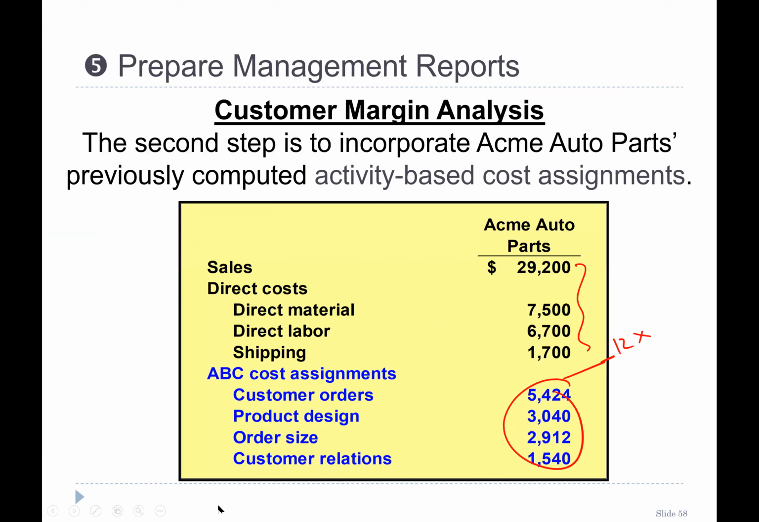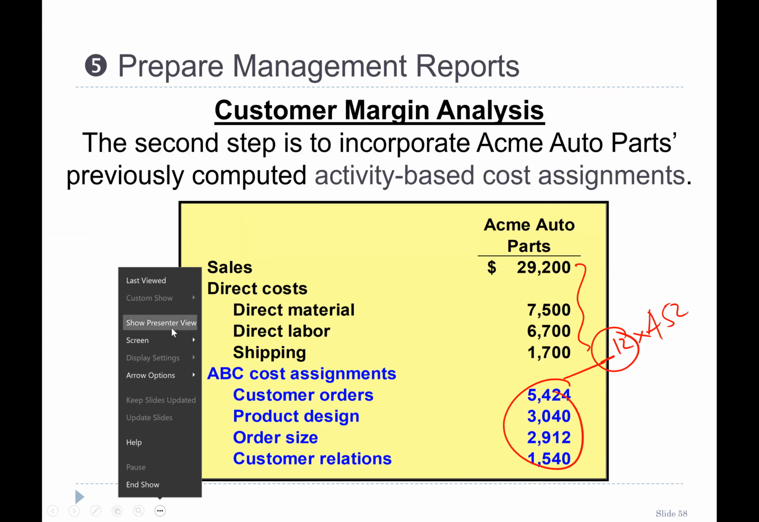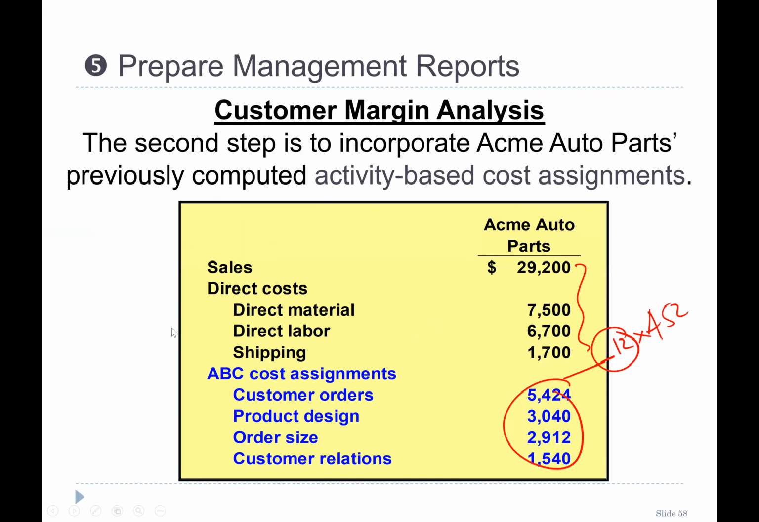Where did 554 come from? 12 into 4.52, right? 12 orders, per order cost is $12.54. So let's calculate that. I have also just noted down the notes here. Yes, 452. Answer is